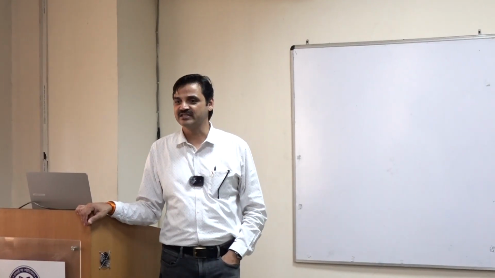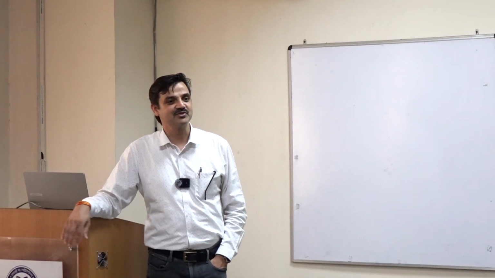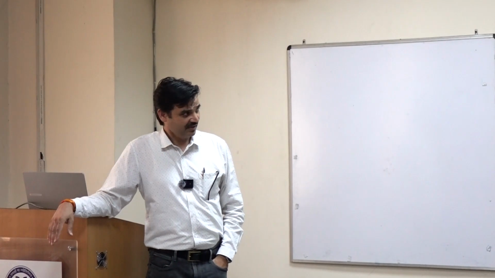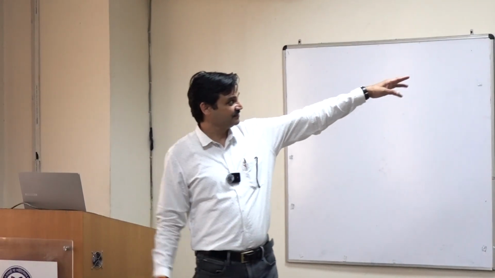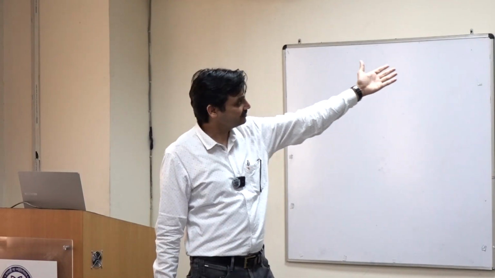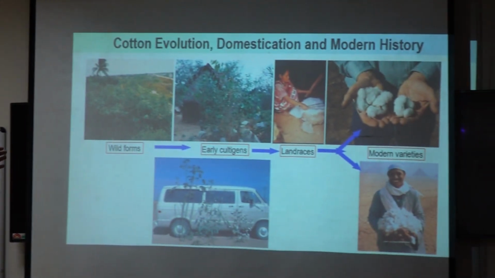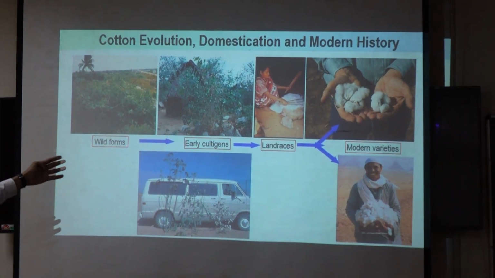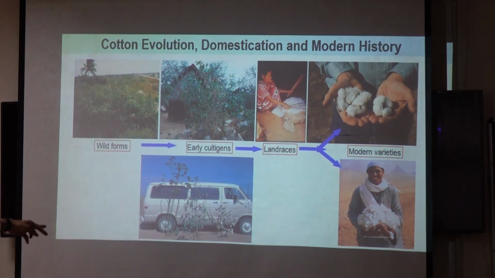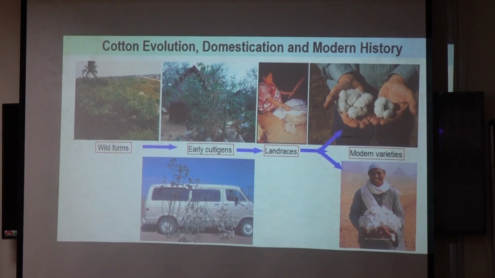It's interesting to see, at your level, when you are exposed to the basic biology of cotton evolution. You had wild forms. You can see it is a shrub. Herb, shrub and trees. It is a shrub. And then near a primitive house, you have some plants growing. Then someone is harvesting it. Then this is the modification.